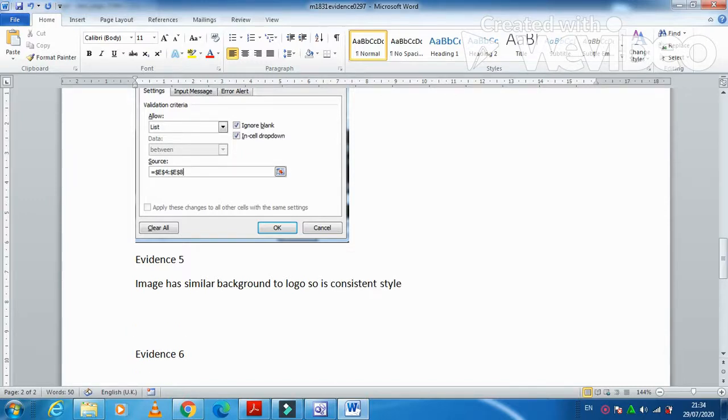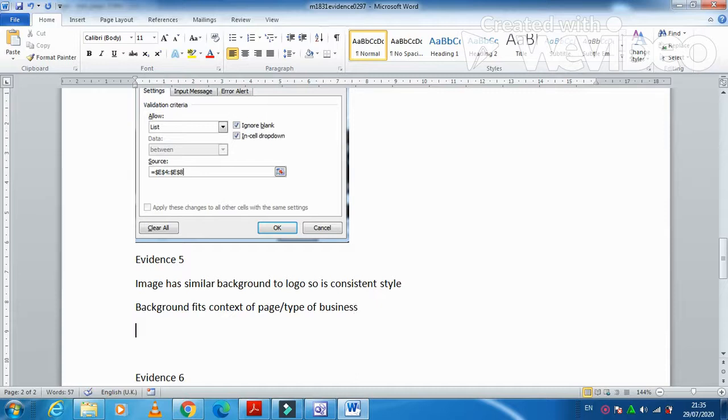Then the background fits the context of the page and type of business.